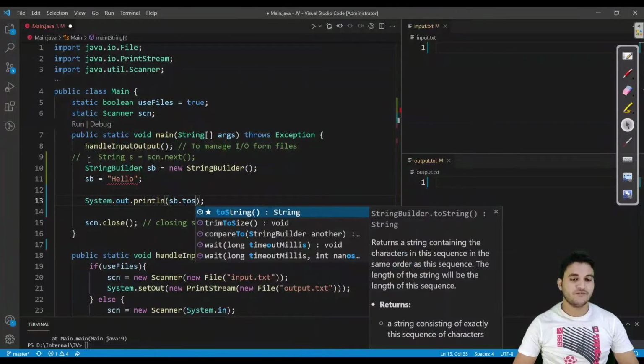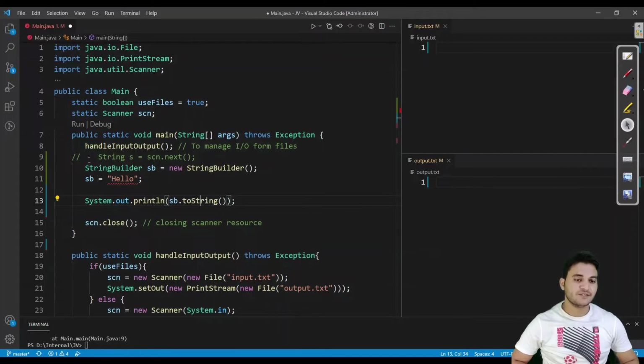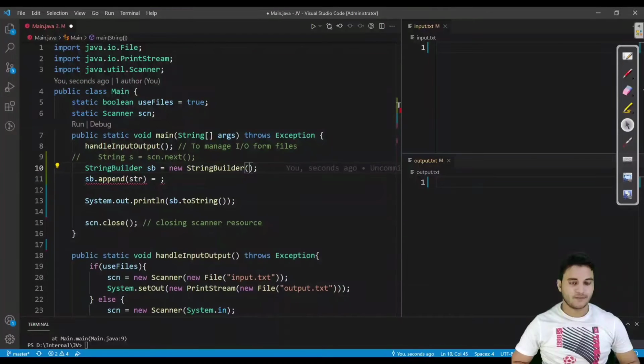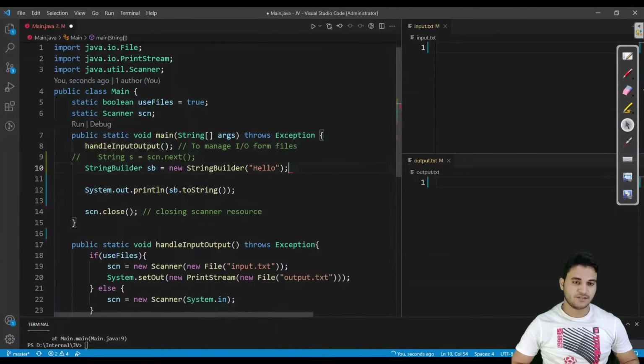StringBuilder to string, we have a method called toString. Actually, a StringBuilder is not a string. Once we have to print or return anything, we have to convert this StringBuilder into a string. And of course, if that is the case, then we cannot use it like this. Either we have to append or we have to initialize. If we have to initialize a StringBuilder, we can simply pass the initial string here and we would be done with that initialization.